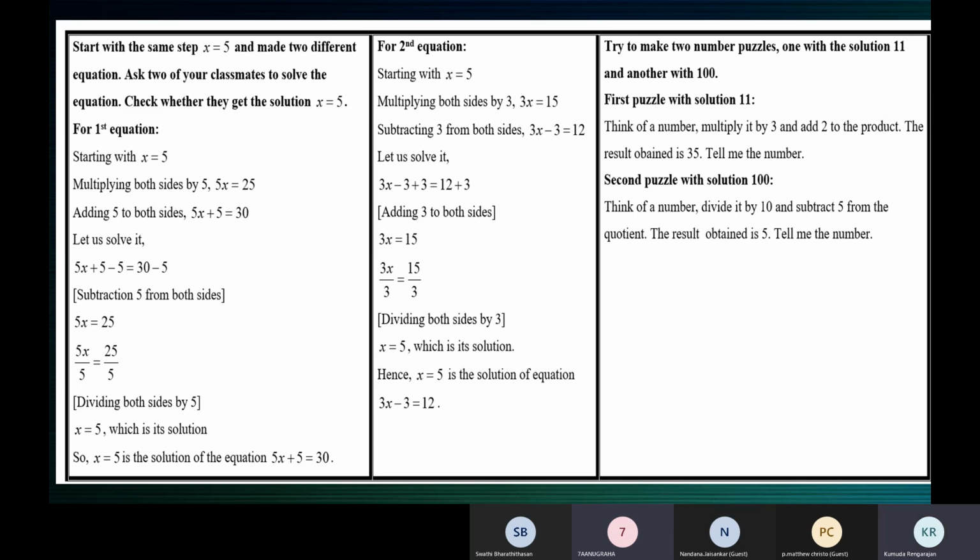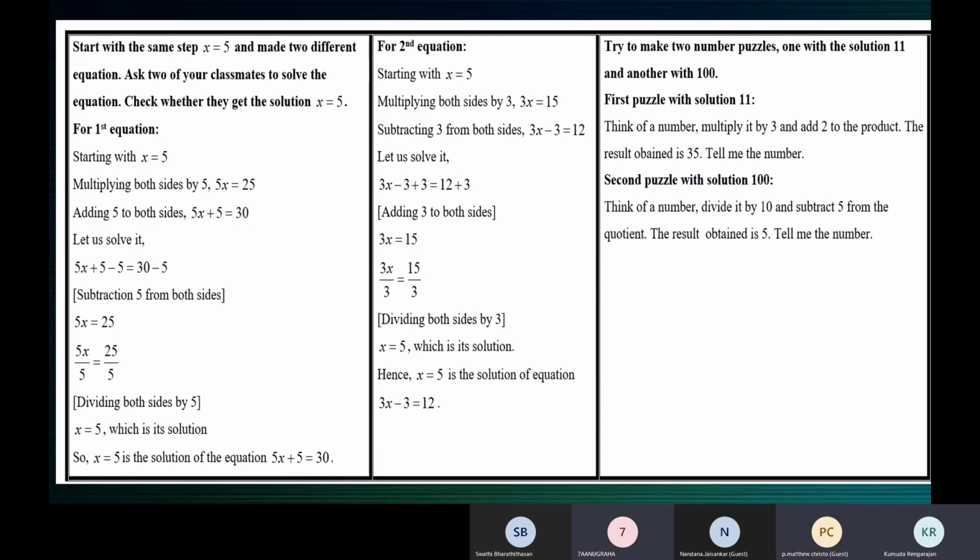You can construct your own equation, but you should first tell me for what solution you're constructing that equation. Ma'am, 100. For 100, you say 5 into 4, 20, 20 plus 5, 25 into 4, 100. No, that is the RHS, which is 100. The solution should be 100. What is that number you thought of? Ma'am, 5. So the solution is 5 there. When you solve that equation, you will get solution 5. Instead of 5, you should keep 100 and construct it.